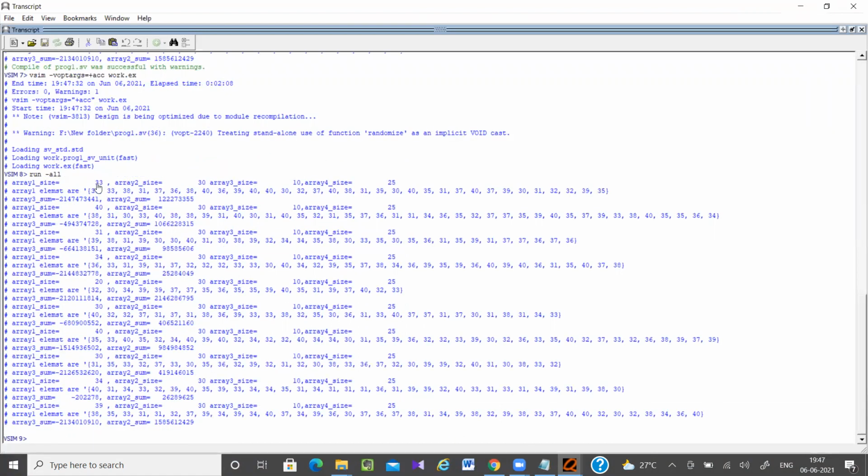Now you can see array 1 size is like 30, 40, 31, 20: either 20 or between 30 to 40.